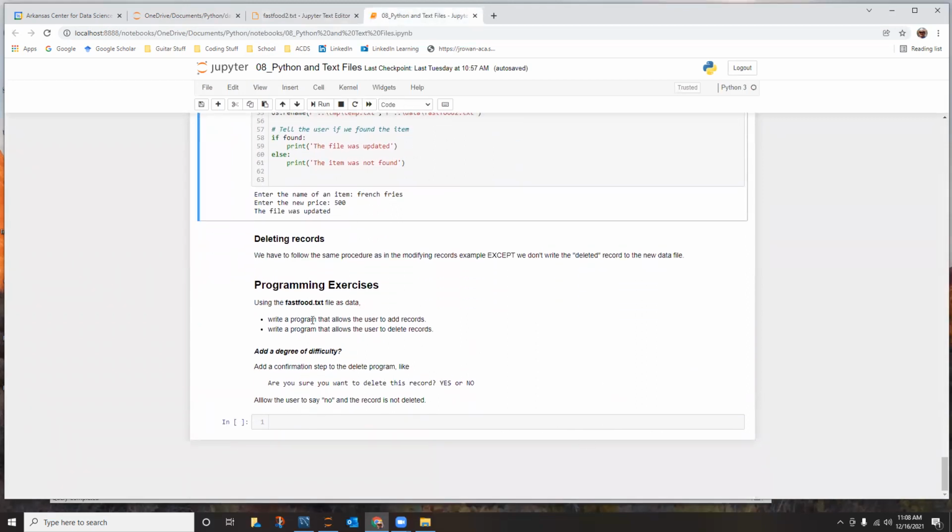And if you want to challenge yourself, here's a programming exercise at the end. Holler if you want help with that one. Okay, so that's file manipulation. We'll get into similar operations with CSV files and pandas after we get done with